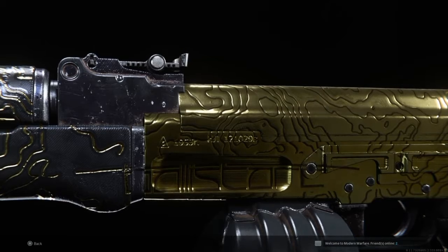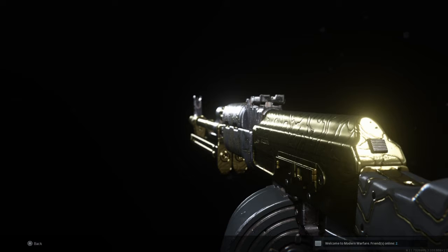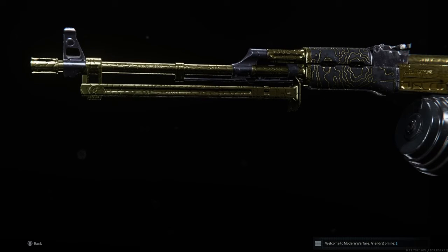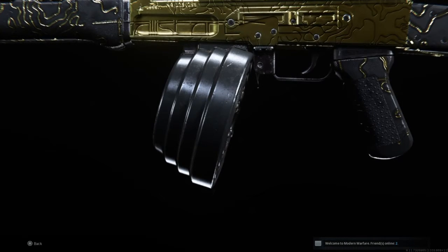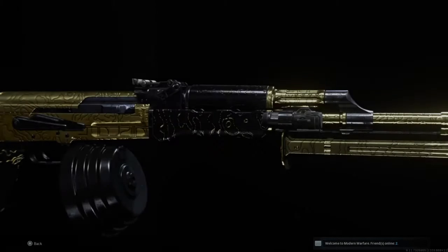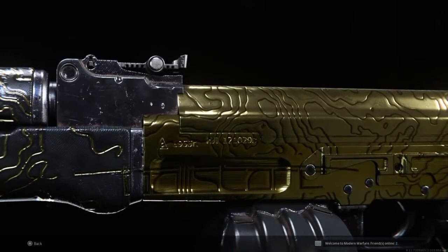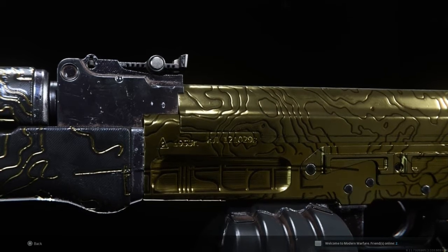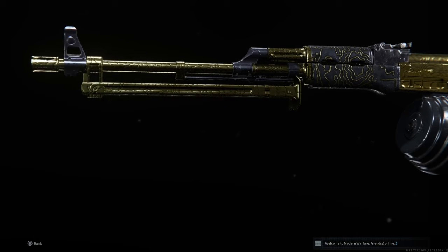The RPD has been in Modern Warfare 1, Modern Warfare 2, and I don't remember if the RPD was in Modern Warfare 3, but the Black Ops games were the games that used the RPK, even though technically it should have been the other way around, where we should have got the RPK in the Modern Warfare games and the RPD in the Black Ops games. But to digress a bit,